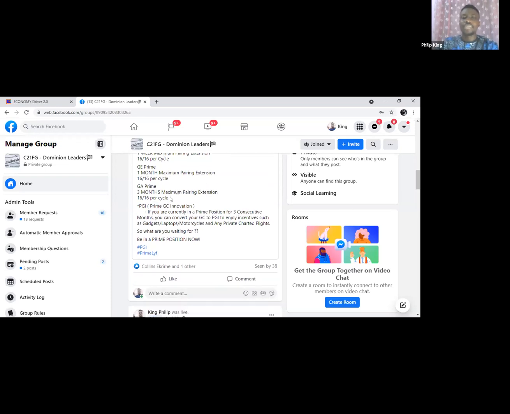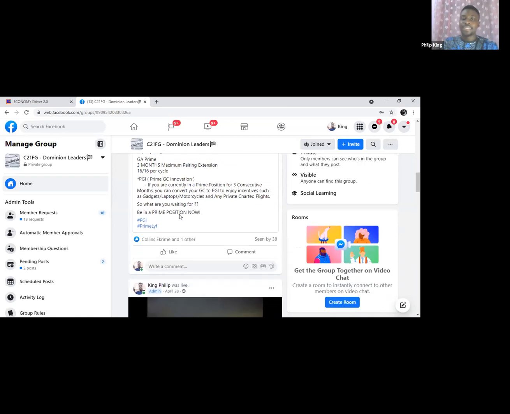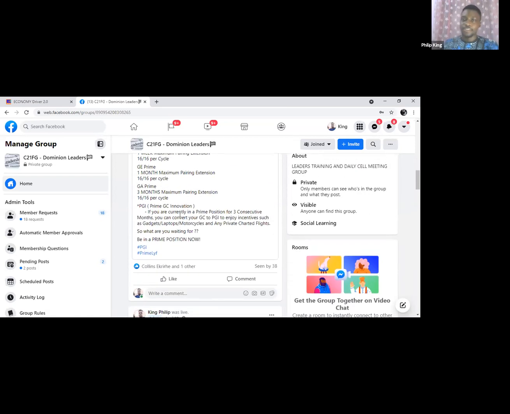Now, if you are a gold executive prime, for 1 month you have pairing extension, and you'll be making 7,000 naira matching bonus for that 1 month, if you have a direct become a prime. And for global ambassador prime, you have 3 months of 7,000 naira matching bonus. So for those of us who have exhausted our 7,000 naira matching bonus, it will go back to 7,000 naira if one of your directs, I keep saying direct,